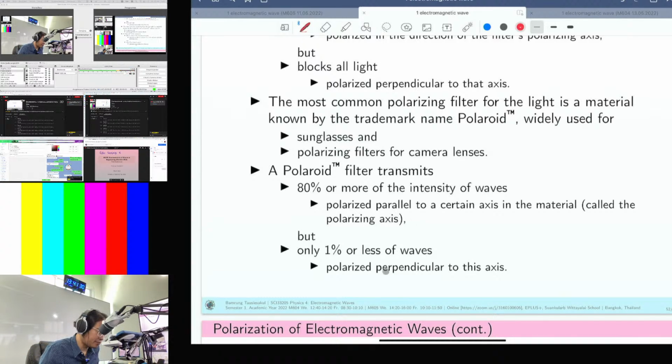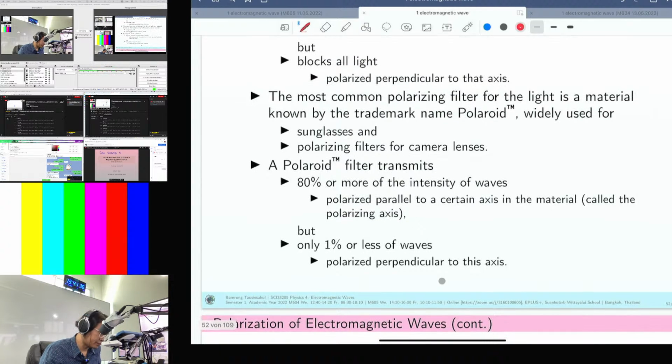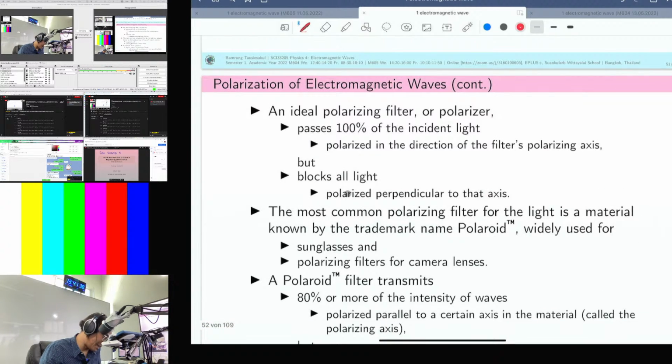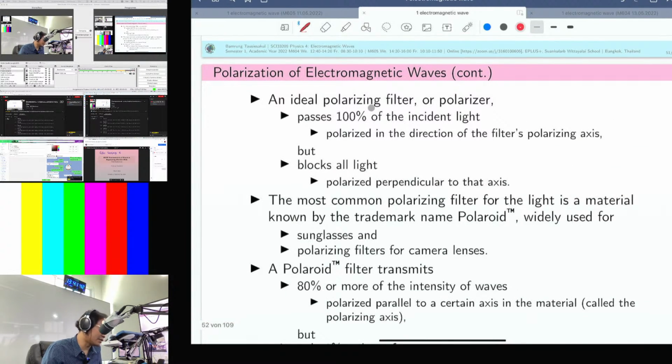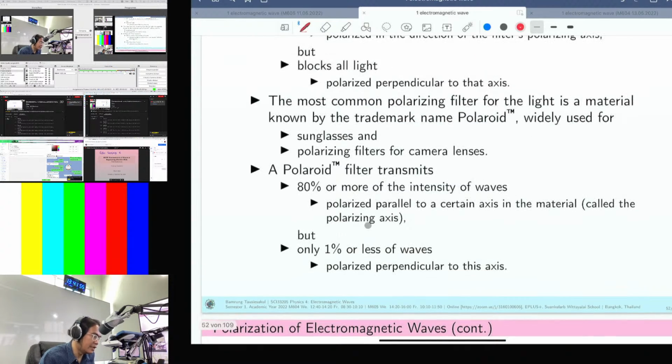The polarization is perpendicular to this axis actually. Okay, it's not like the ideal polarizing filter. An ideal polarizing filter will allow 100% of the incident light intensity and 0% of the light in the perpendicular axis. But in reality, in the commercial product,